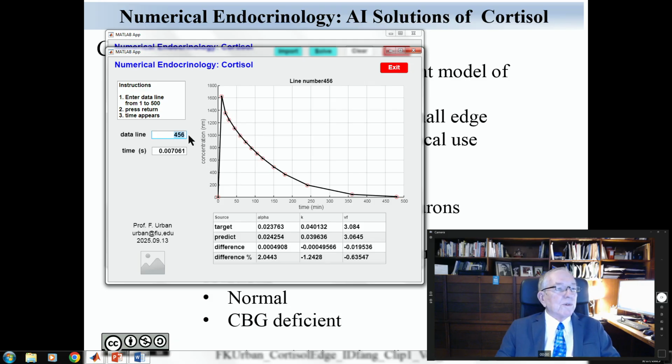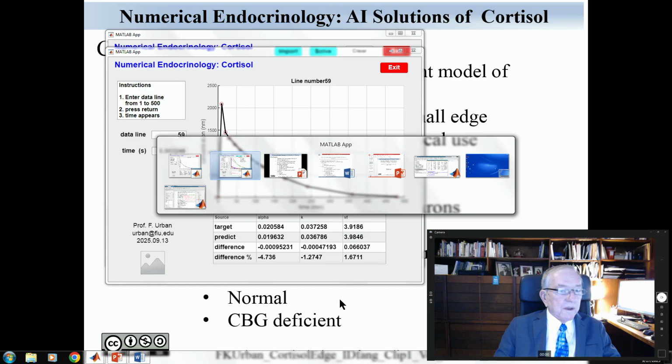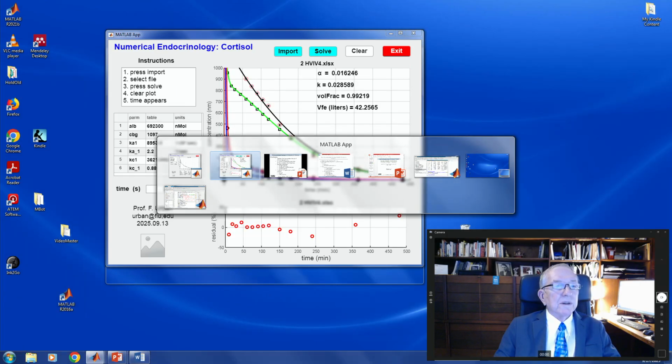Let's do one more just for fun. Let's do 59. I have no idea what it's going to do. I'll press return, and look how quickly it solves, this time in 3.2 milliseconds. And with the better computer, it solves even faster, maybe 10 times as fast, depending on the problem. And you can see the accuracy numbers are quite good. Fair enough. So we go back to our conclusions,